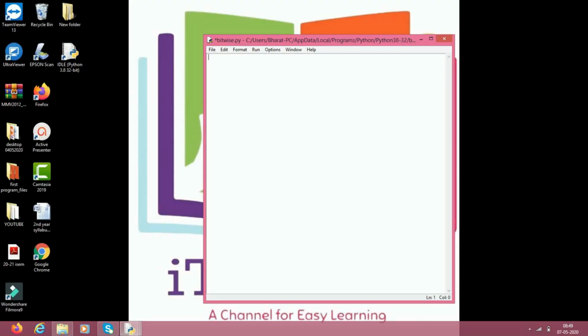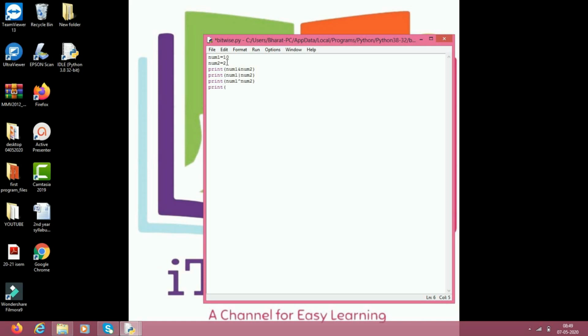So now we are going to see bitwise operators. You are taking two numbers. Number 1 equals 10. Number 2 equals 2. Now we are going to perform bitwise operations. So print num1 and num2. Print num1 or num2. Print num1 cap. That means we are going to perform the XOR operation here. Num2.